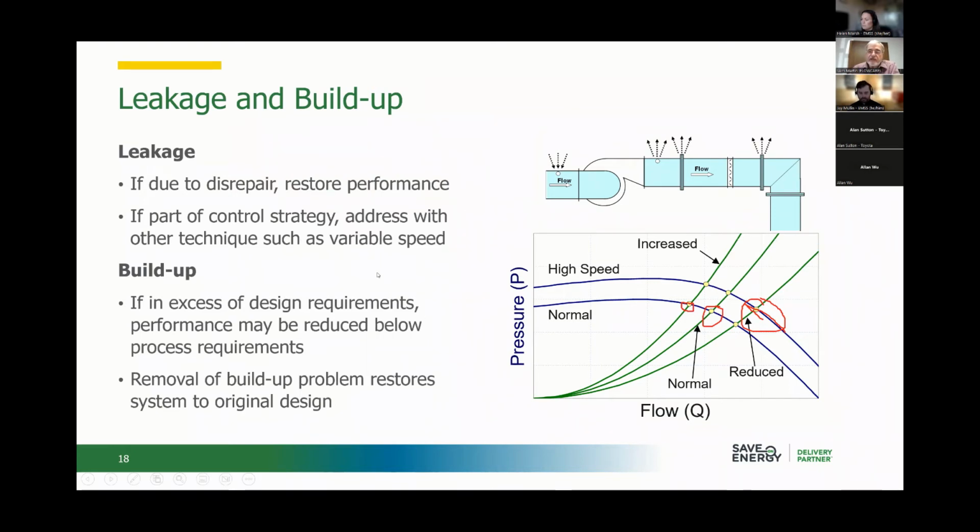Oh, let's speed the fan up. Yep, speed the fan up. And so that point, by the way, is supposed to be right on top of that one. I've been lazy and haven't fixed that up yet. But